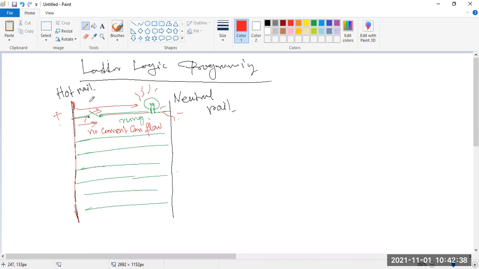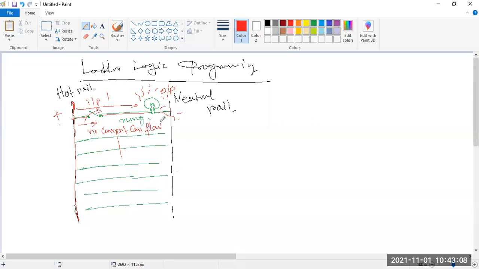So the switch is your input, because only this switch can you operate, and this is considered the input, and this is your output. It is not in your hand, otherwise it is not operating. Whenever it is connected, then it will glow. So this is your output part. In between, the execution is done in your PLC.